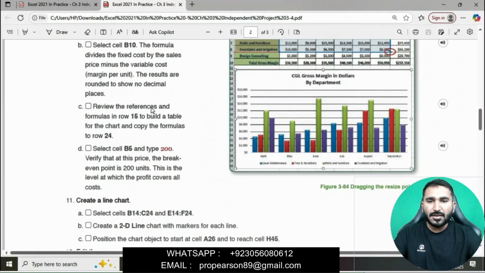Point C is to review the references and formula in row 15 to build a table for the chart and copy the formula to row 24. Simply, we will copy the formula in row 15 and then paste this formula in row 24.